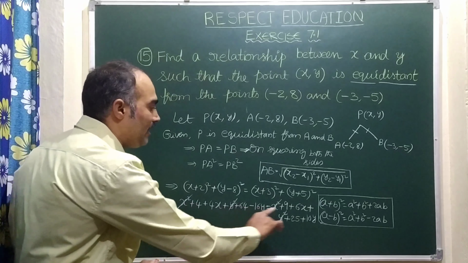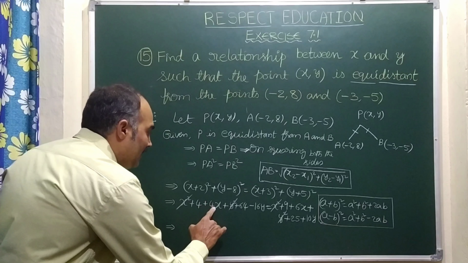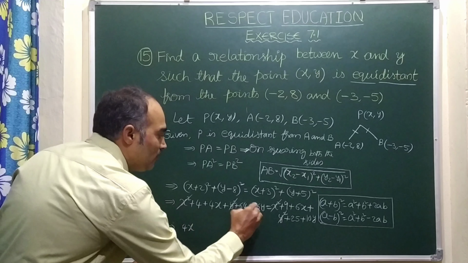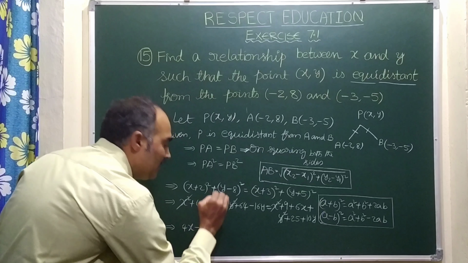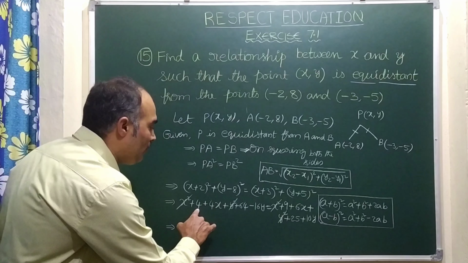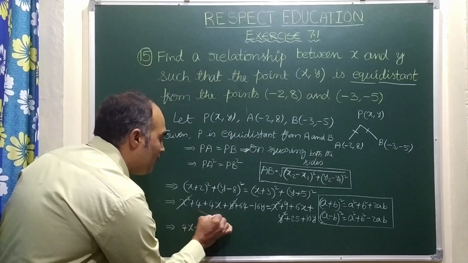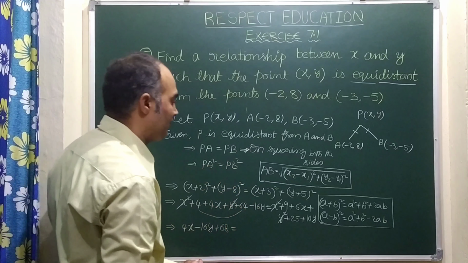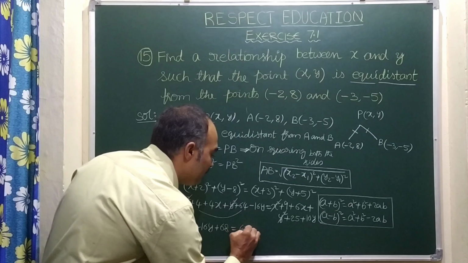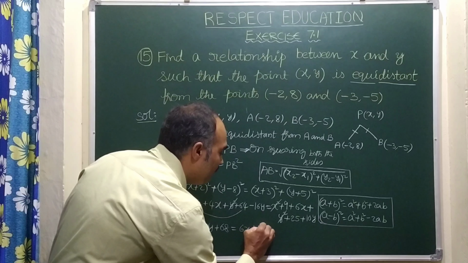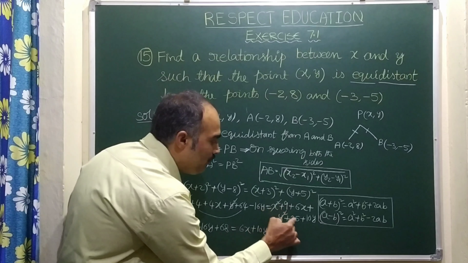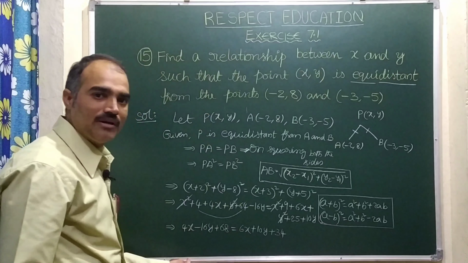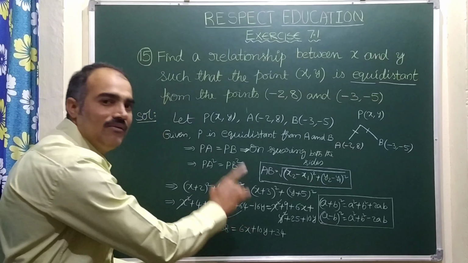Now let us write the remaining terms as they are. First the x coefficient, that is 4x, and the y coefficient, that is minus 16y. Now constants: here you see plus 4 and plus 64, 4 plus 64 is plus 68, is equal to the right side. The x coefficient is 6x, the y coefficient is 10y. Now constants, 9 plus 25 is 34.